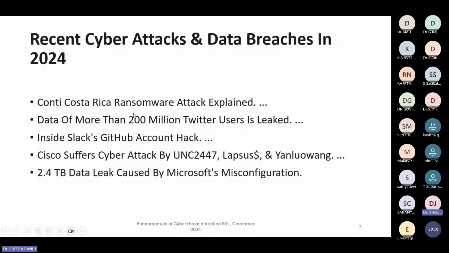So, the inside Slack's GitHub account hack. Slack is a company, right? So the GitHub account hack and all the